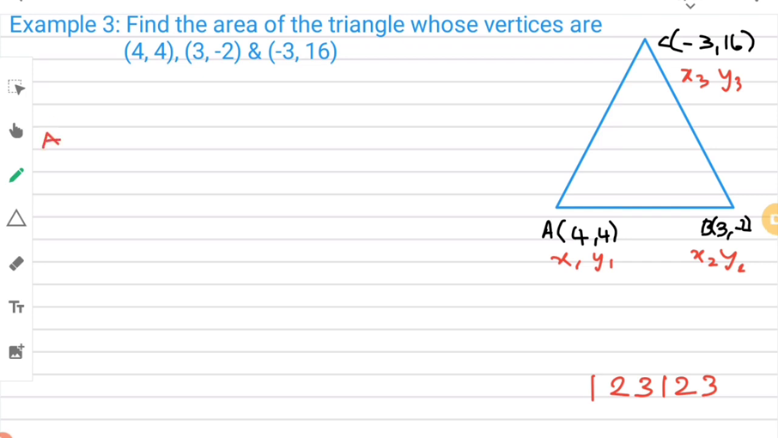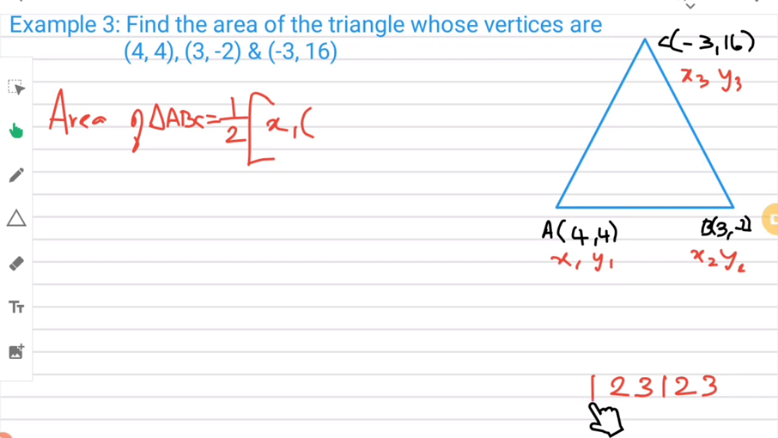Area of a triangle ABC is equal to what? Half into, first I'm going to write x1. So 1, x1 of, after 1 what you are written here? 2, 3. That is, you can write it as y2 minus y3 plus,